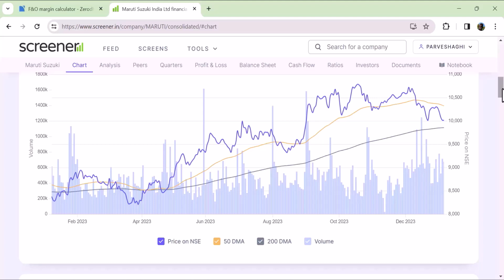Similarly, for the 50-day moving average, you take the 50 days' stock prices, total them and take an average, so you get one plot. Then on the next day, you take the new number, ignore the oldest number, and draw a line. So it becomes the 50-day moving average. The 200-day moving average can be done like that too.